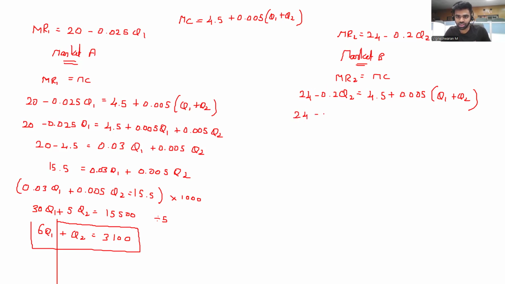So 24 minus 0.2 Q2 is equal to 4.5 plus 0.005 Q1 plus 0.005 Q2. So same, we have to bring the numbers to one side. So 24 minus 4.5 will be equal to 0.005 Q1 plus